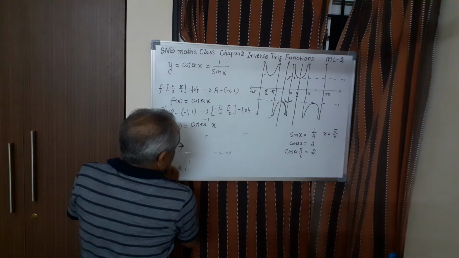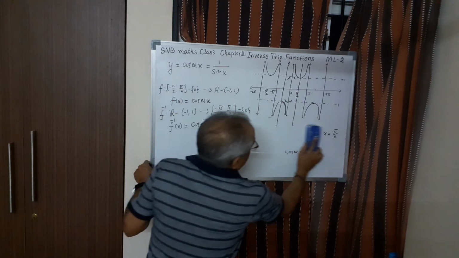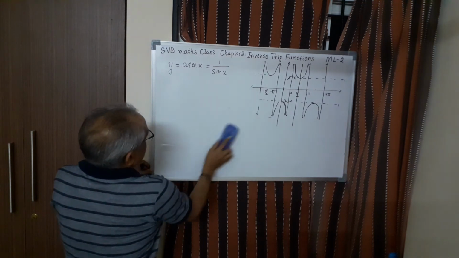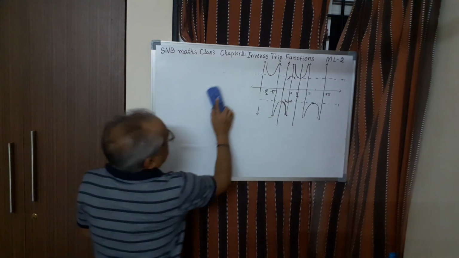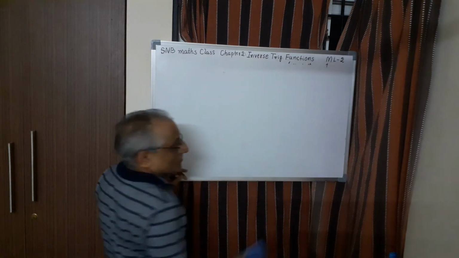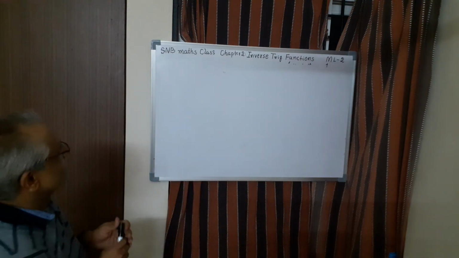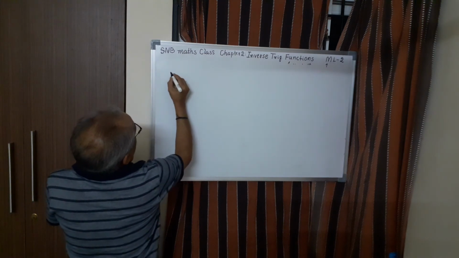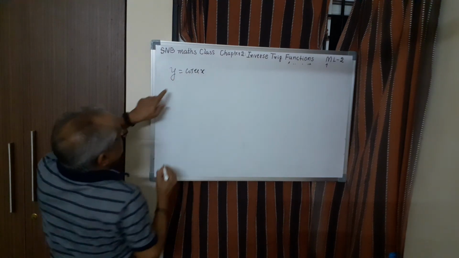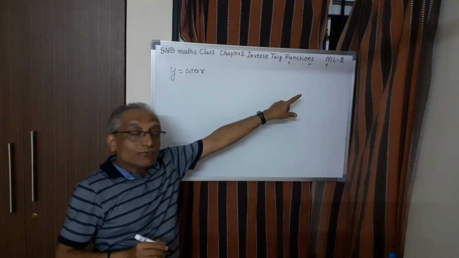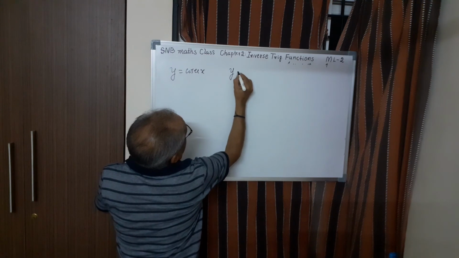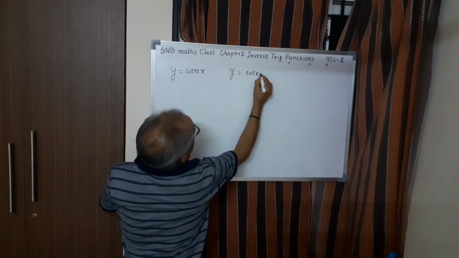So we have defined a total of 4 functions. Let me conclude here, because if I take all the functions together, it may be difficult. And one more thing we have to do here is the graph, that is y equal to cosecant x. This graph I have already shown. So please try how to draw the graph of y equal to cosecant inverse x.